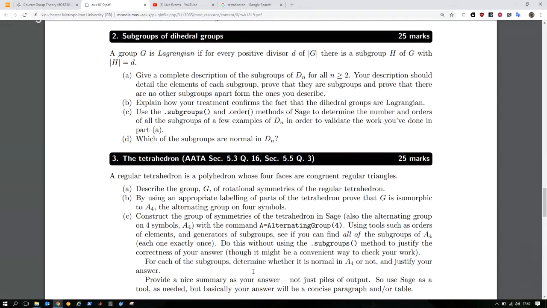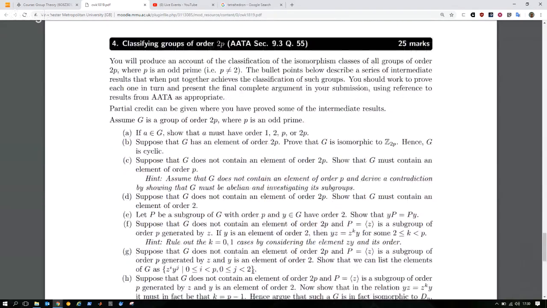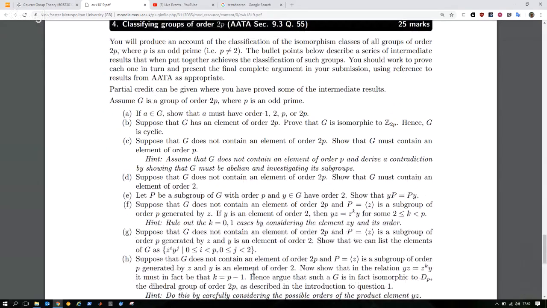And then the last one, this nice classification result. I really like this last question because it builds to quite a substantial result. It's a very strong result. The groups of size 202, 2 times 101, where 101 is prime. Although that's 202 elements, you'd imagine there'd be loads of groups of that size. Well, it turns out there's really only 2: the cyclic group of size 202 and the dihedral group D_101, symmetries of a 101-gon. Okay? So there ends the introduction to